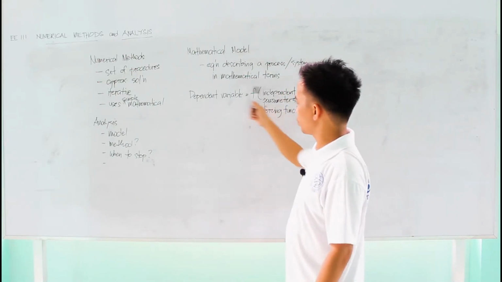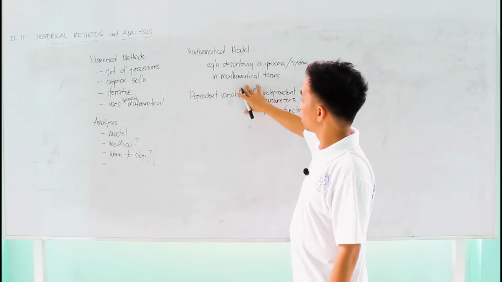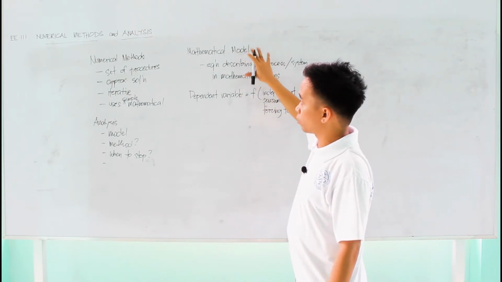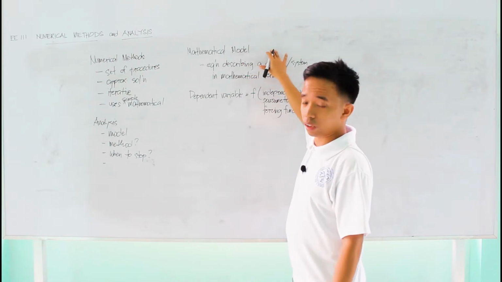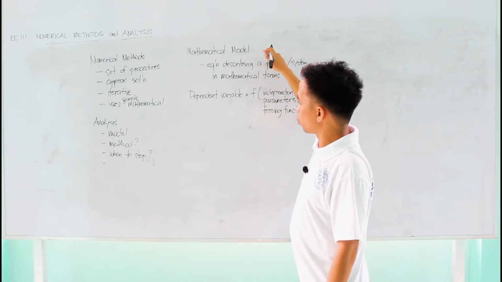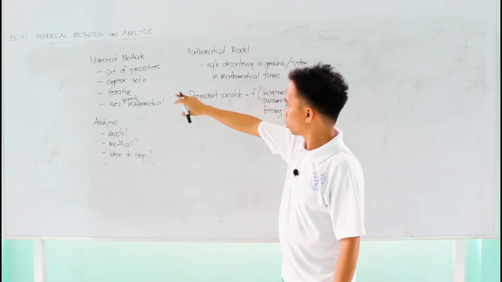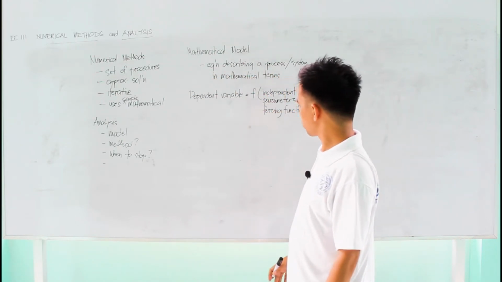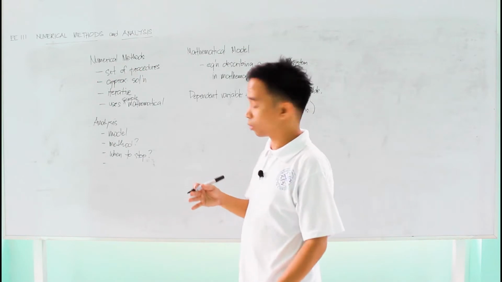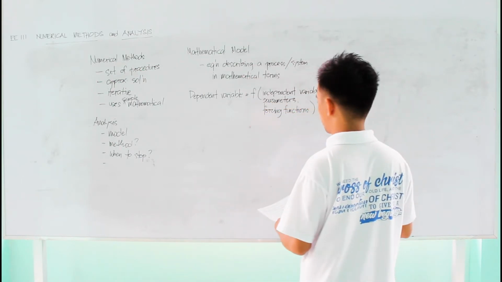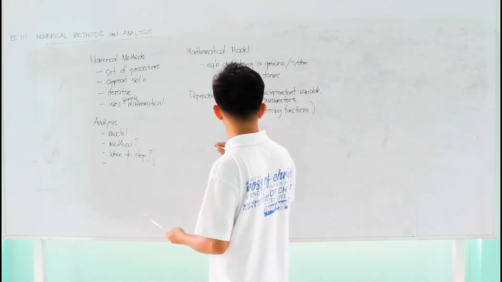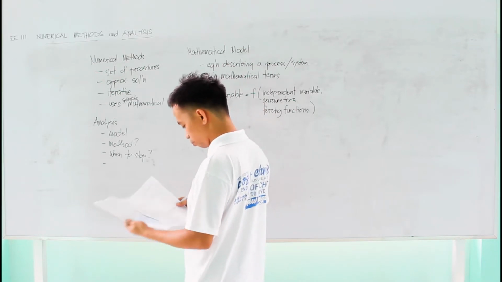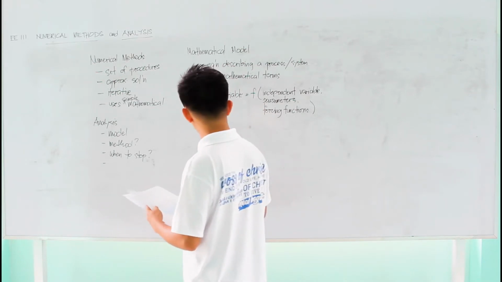So basically a mathematical model is like this, and in numerical methods and analysis we'll be dealing with that. We will be applying the method to this model. Let's have an example for clarity. Let's say,